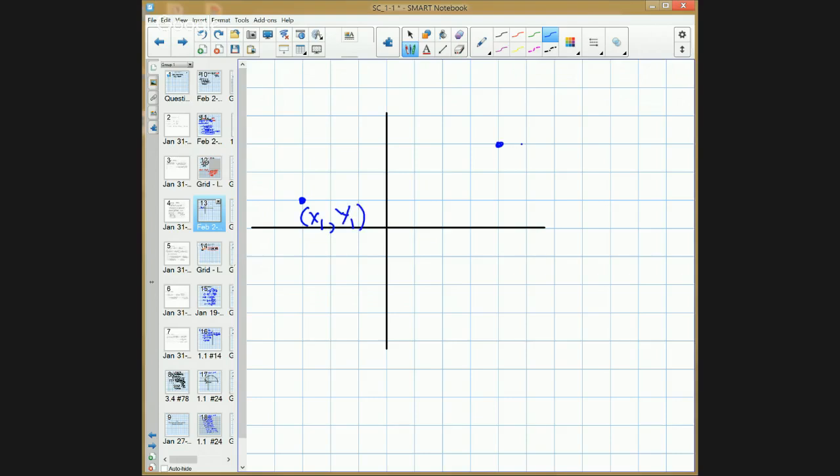And let's call this one point 2, x2, y2. And we want to find a way to find the exact distance between those points. So what we want is what? The distance from there to there. And what we're going to do to help us out here is we're going to make this into a very familiar